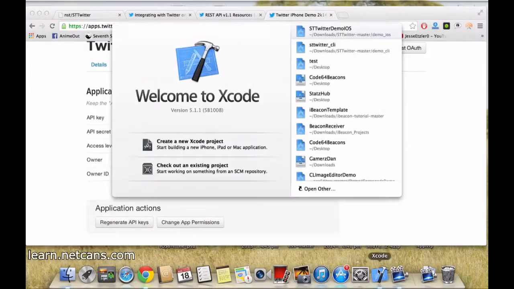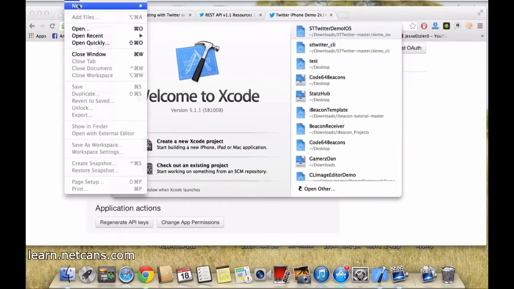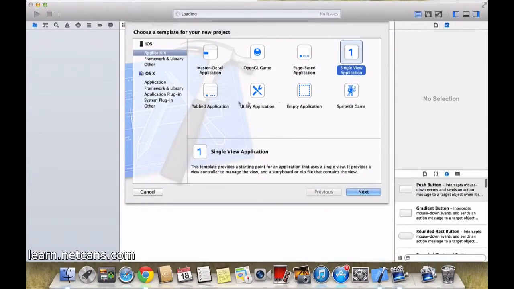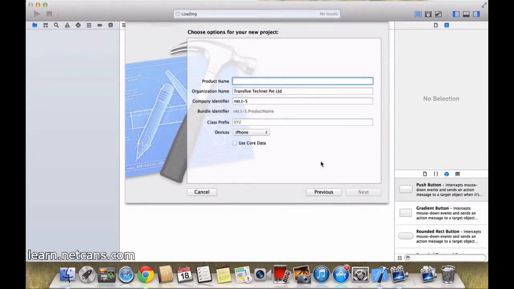Now what you need to do is go to Xcode and create a new project. You can use the master detail template. Twitter demo.